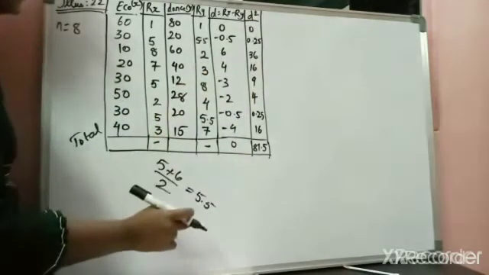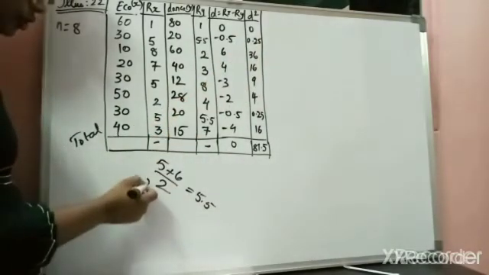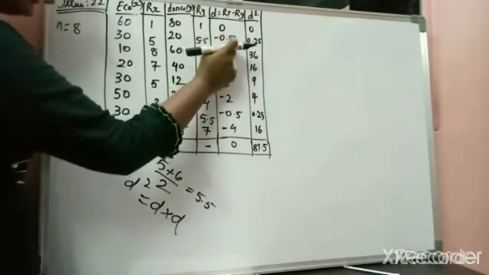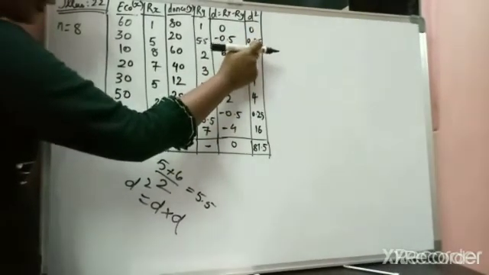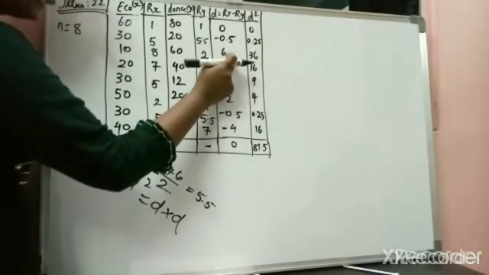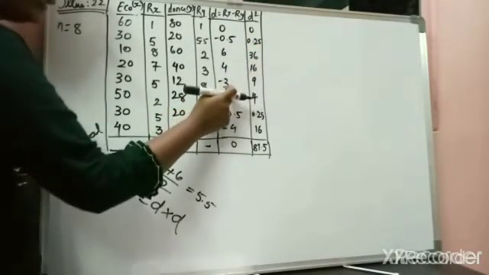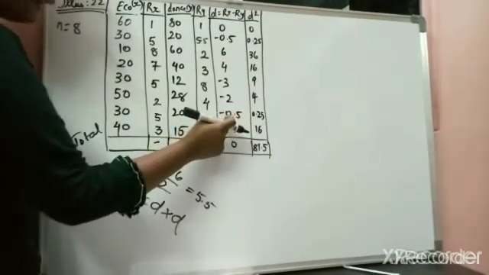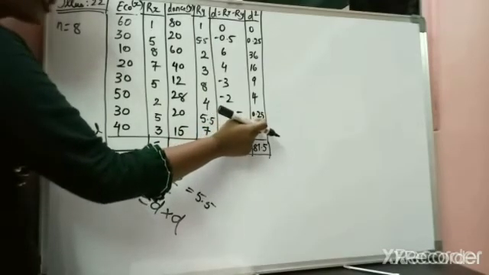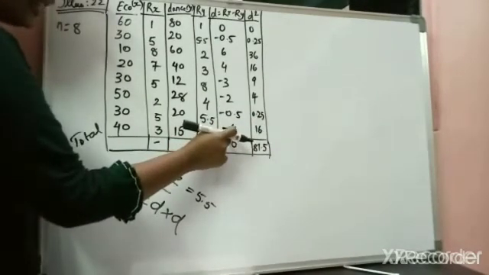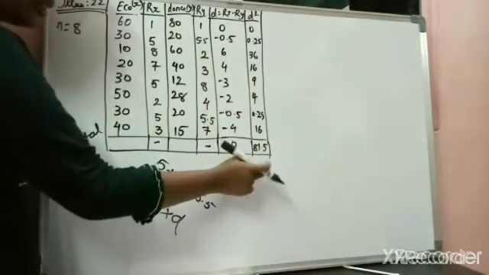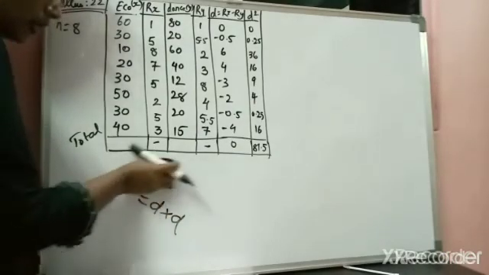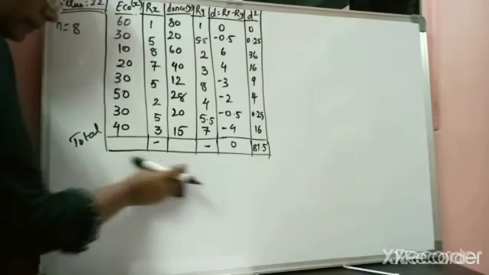Then you have to find out the D square. So what is D square? D square is equal to D into D. Okay. So 0 into 0, 0. Minus 0.5 into minus 0.5 would be positive 0.25. 6 6s are 36. 4 4s are 16. Minus 3 into minus 3, positive 9, minus 2 into minus 2, positive 4, minus 0.5 into minus 0.5, positive 0.25, minus 4 into minus 4, 16. Then total it up, you would get 81.5. Clear with this?